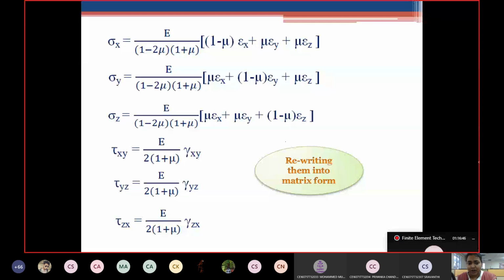Guys, when you have to answer, you will not be there. See, we have a 3 by 3 matrix? No, we have 6 equations, 6 stresses and 6 strains. Then how will it be 3 by 3? 6 by 6. Exactly, it will be 6 by 6. See, 6 stresses with 6 strains. We have 6 equations. All the hints are in front of you.